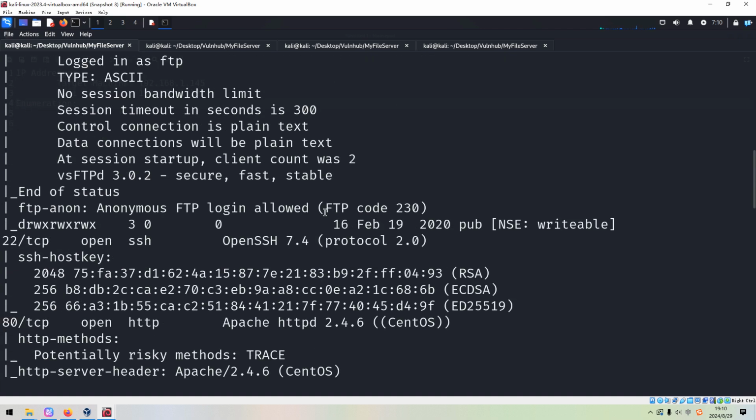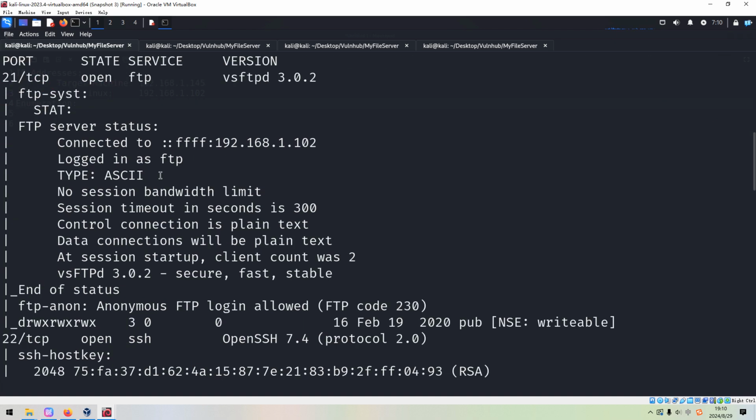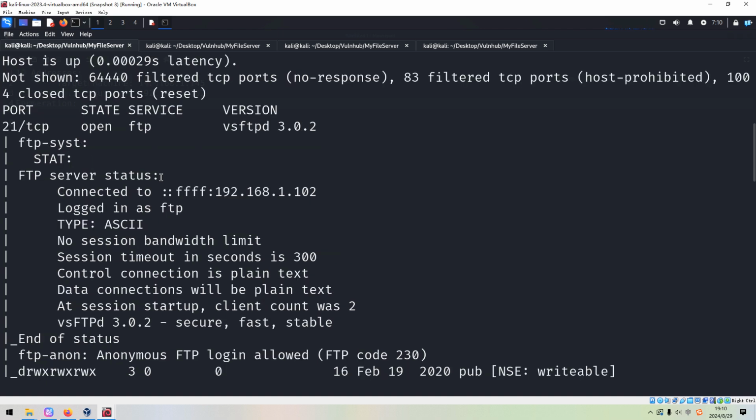As you can see over here, I use the options like SYN scan, the version scan, the default script scan, followed by -p- to do the full range port scan, and the last option is -oN to output the result into this file. Although the IP address has changed from the first time when I did the machine. From the Nmap scanning, we can tell that the target has many open ports. Let's take a look at them one by one.